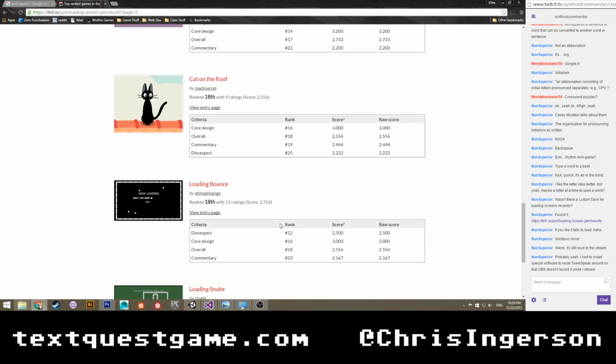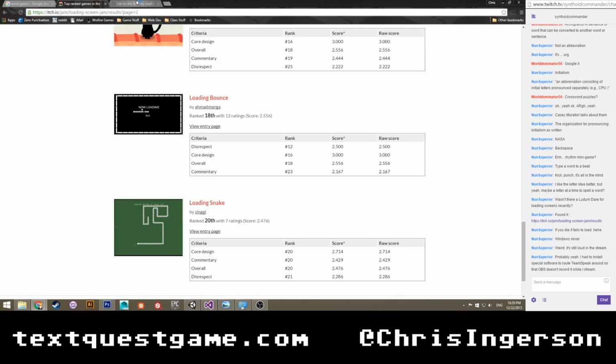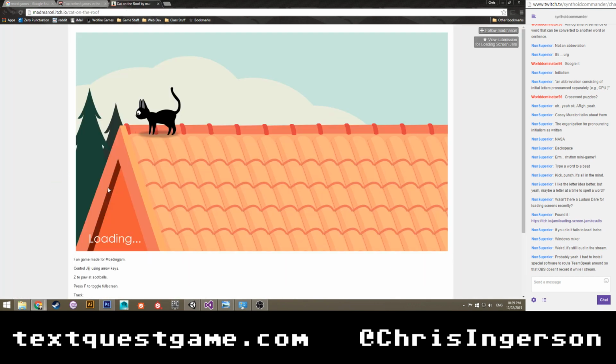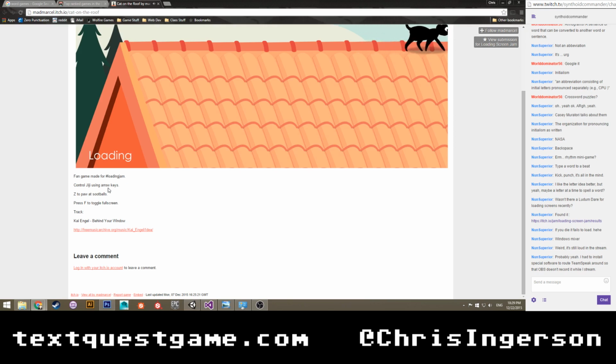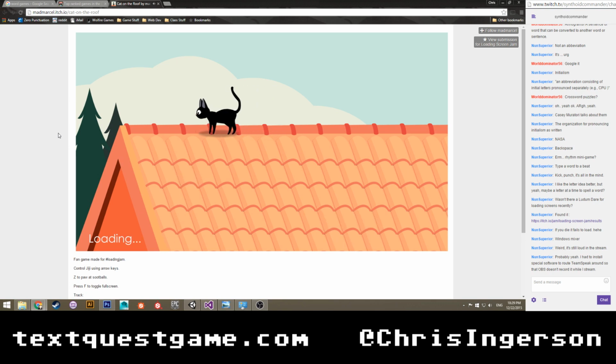Cat on the roof. I'm curious. Oh, cool, they have snake. What am I supposed to do? Am I just supposed to? It's just a cat. Oh. What the heck?